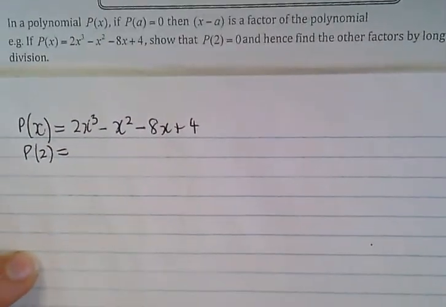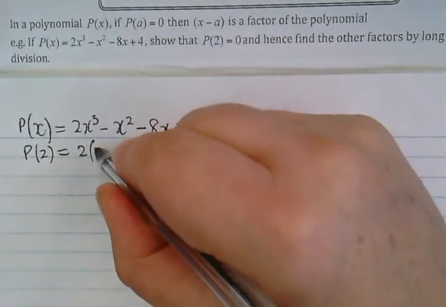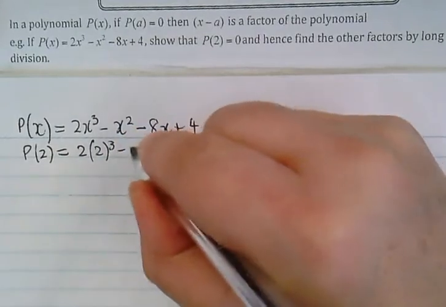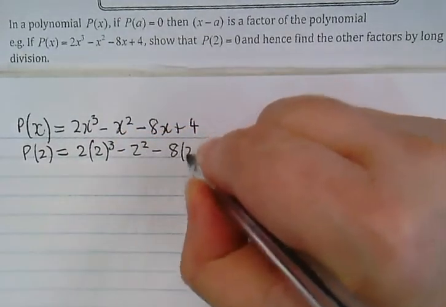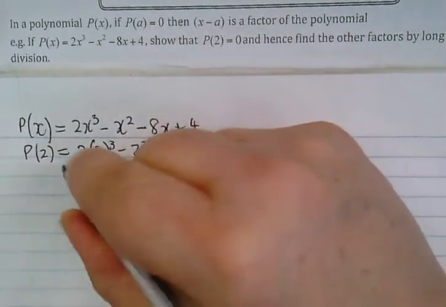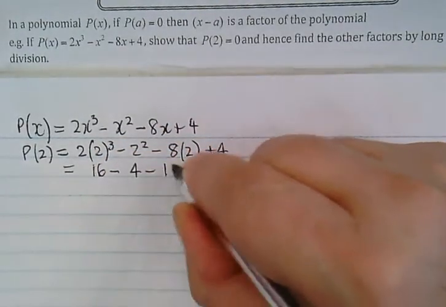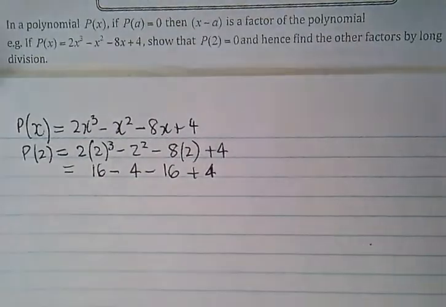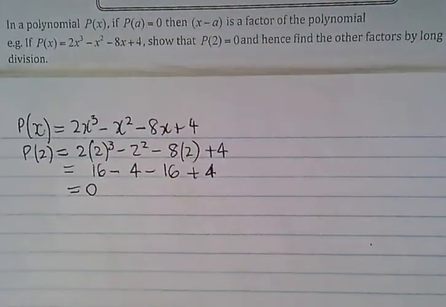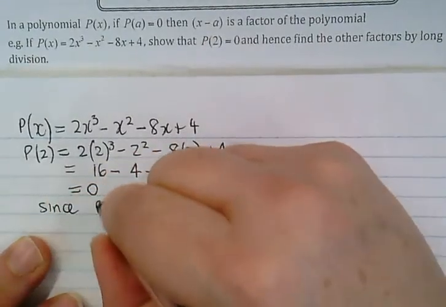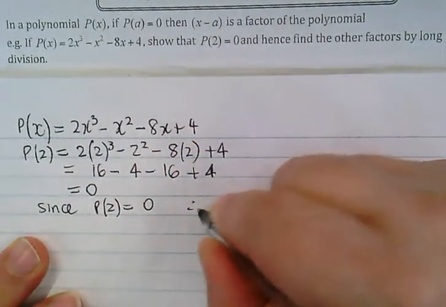I'll let you just write that out. P of 2 here. So p of x is that. So p of 2 is 2 times 2 cubed minus 2 squared minus 8 times 2 plus 4. We're supposed to get 0. We get 16 minus 4 minus 16 plus 4. That looks like 0. So if p of 2 is 0, so since p of 2 equals 0, therefore x